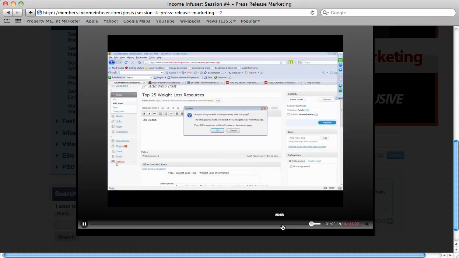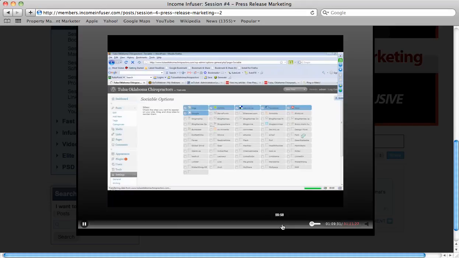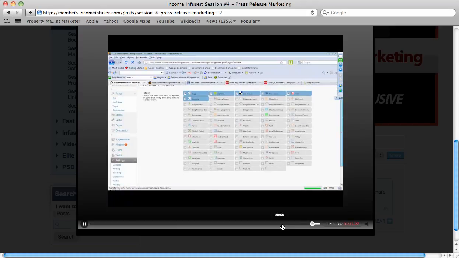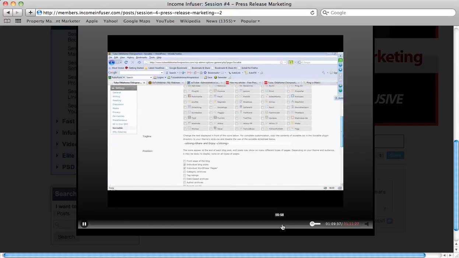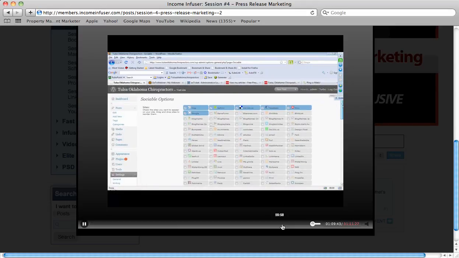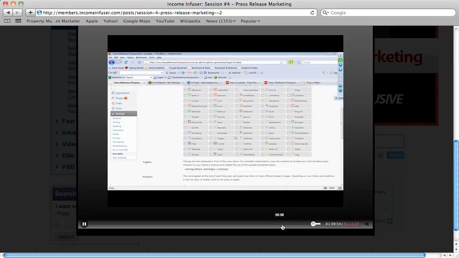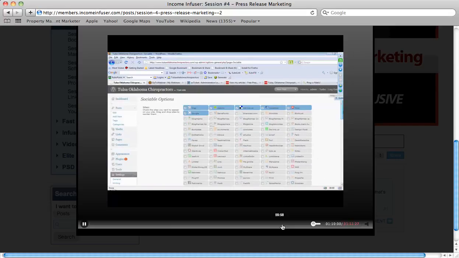The final thing you're going to do then is navigate away from that page. Go right on over to settings again, and this time you're going to choose Sociable one more time. And inside Sociable, you could set this up differently if you want to. For example, there are some different things inside Sociable that people use a little more frequently that might relate to your site. So if you have a business site, you might offer a LinkedIn option on there because that might help build some credibility that way. You might offer a Twitter option, so you just look around here for "Twit This", so that's one I want to add. So I could just click on that because I want to add it,